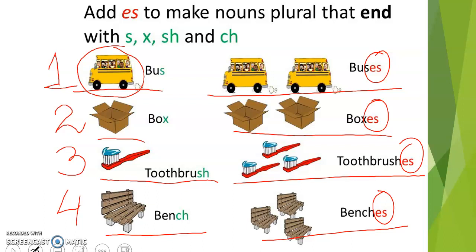You will be thinking, why not s? So look at this word. If I am writing bus and adding one more s, is it looking nice? Bus. It's not looking nice. We cannot even pronounce it well. That's why you have to use es. This is wrong. Okay, this one is correct. Same with all other words. If the word is ending with s, x, sh, ch, and o as well, keep this in your mind.